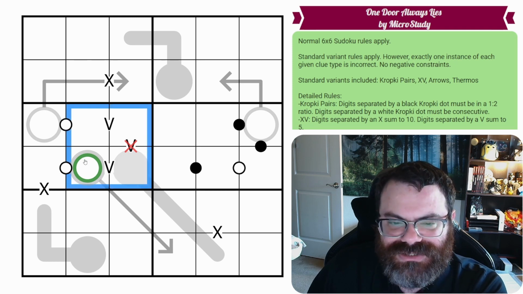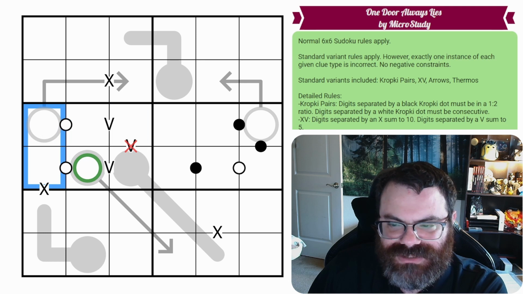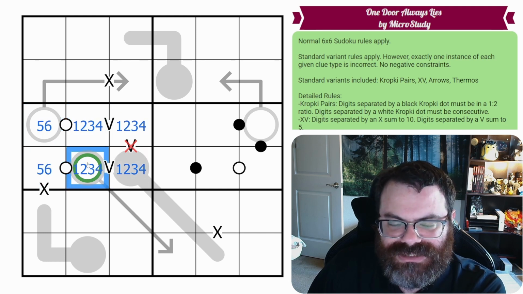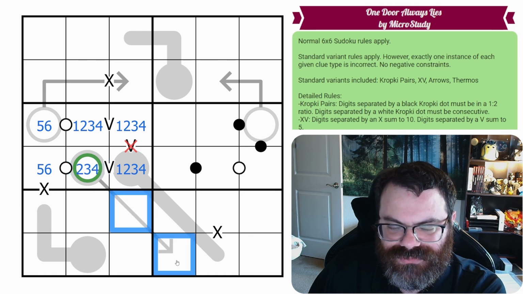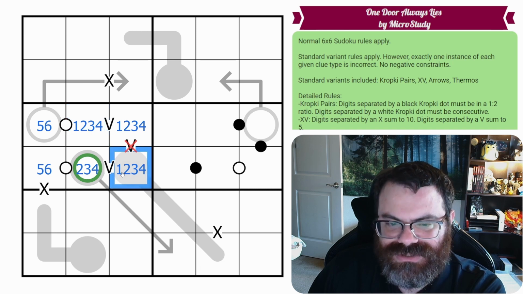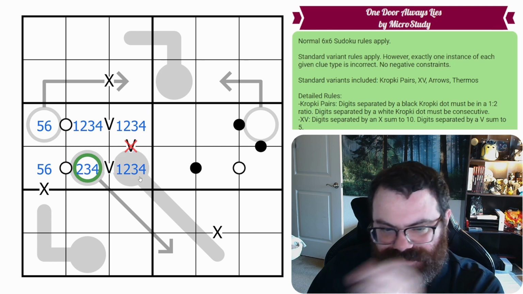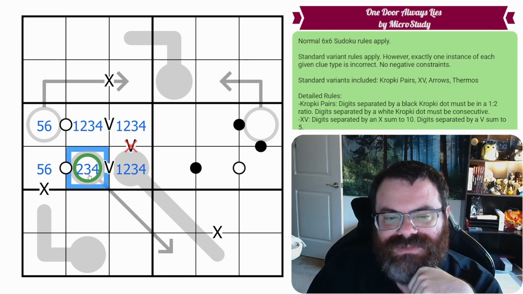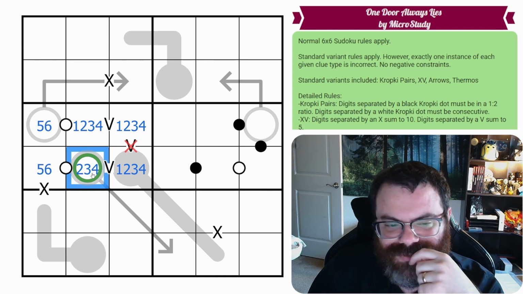We know that. So these are definitely from 1, 2, 3, 4. So this is a 5, 6 pair. These are from 1, 2, 3, 4. This is a correct arrow, so it can't add to 1, but it could add to 2. If it added to 2, this would be a 3. Then we'd have 2 and 4. No, sorry, this would be 1, 4, but we don't know which order it would go in. Actually, we know this would be 4, this would be 1, because this would be double 1. Anyway, I don't know why I'm thinking about that. I don't know that it has to be 2. I think I was trying to rule out 2. But anyway,